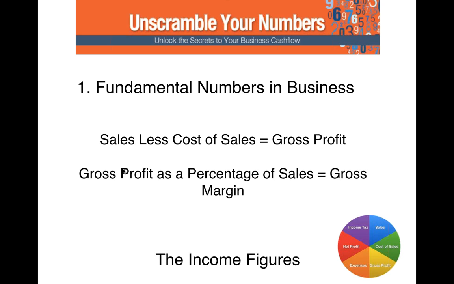So my next part of this is to look a bit more nitty-gritty at the gross profit. There are two sets of numbers here: a gross profit and a gross margin. I provide a bit more detail on page 56 and onwards in the book. But in simple terms, sales less cost of sales is gross profit, and that's a dollar value. Gross profit as a percentage of sales is gross margin, and that's a percentage figure. And that's an important number to keep track of.